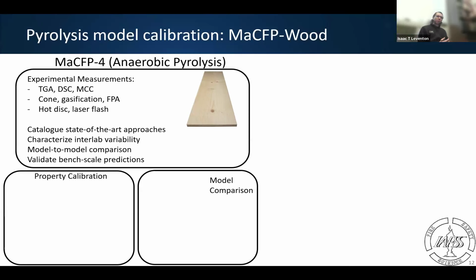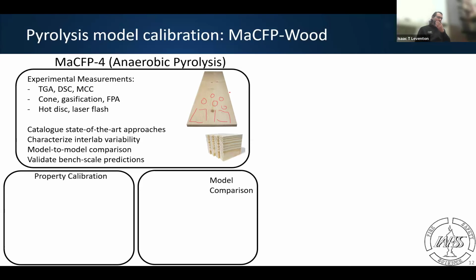So we have this wood. We will start this year by just looking at anaerobic pyrolysis model development. So it's still a big step up in complexity to understand that char formation and how that affects heat transfer and mass transfer through the degrading solid. We have found a supplier, and we're working with that as new, as the climate changes in terms of how we can buy things and how tariffs affects what's available. But we are set to buy dozens and dozens of these large planks of wood and then cut them or grind them to scale as we need to make little cone-sized samples, or if you're doing gasification experiments, make those circular discs for those tests.